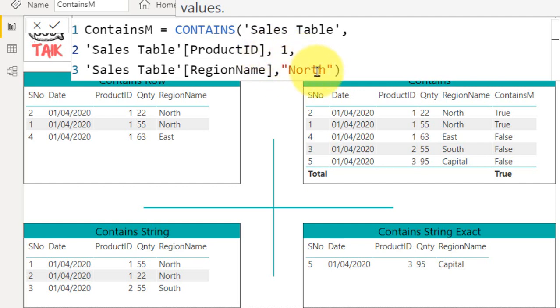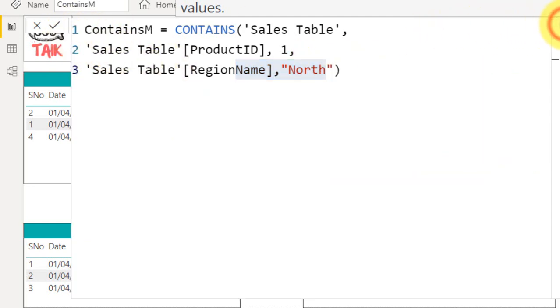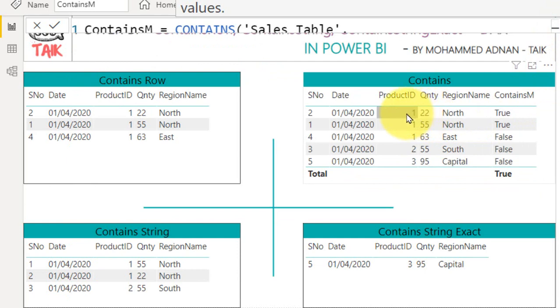I'm searching for these two values. If it matches both values, then it will return true, or else it will return false. If you look at the table output, Product ID 1 and North returns true here, whereas here Product ID 1 with another region returns false. This is the column it generates here.